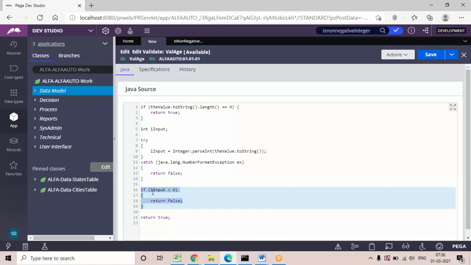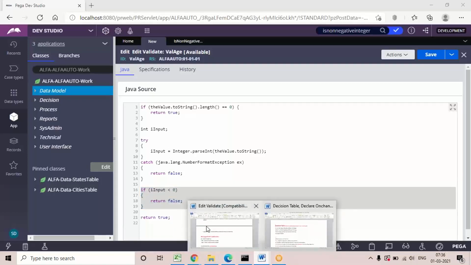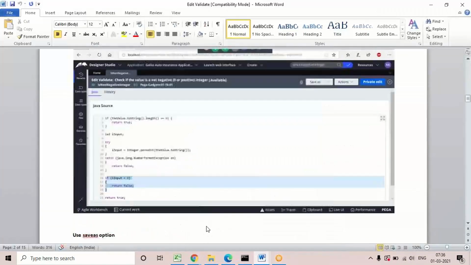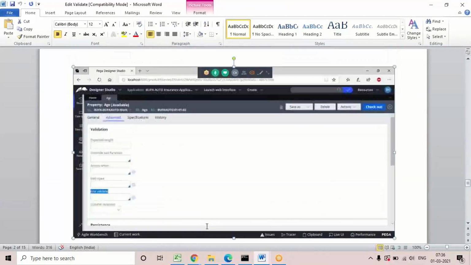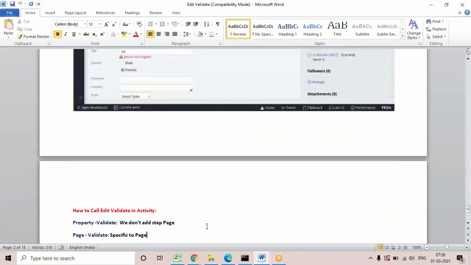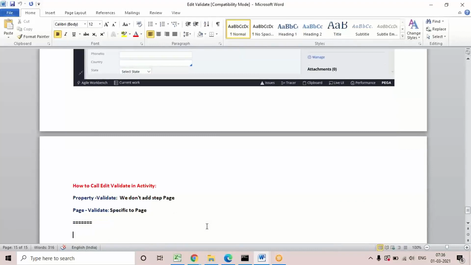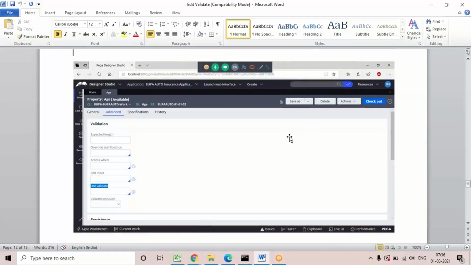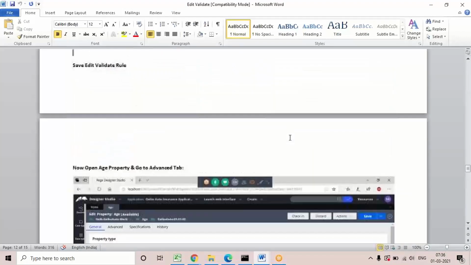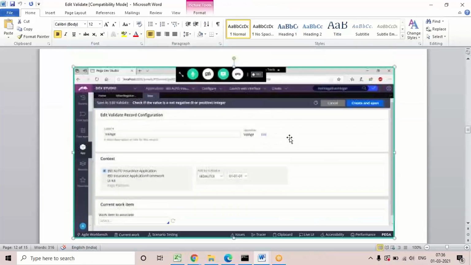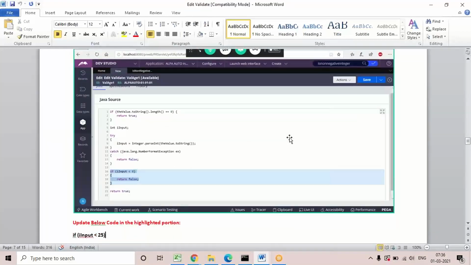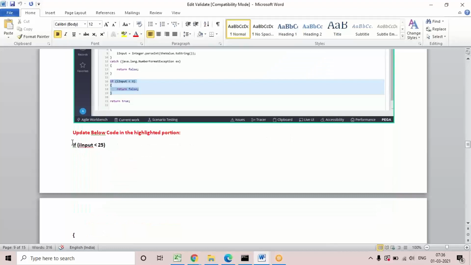So just replace this if condition with the code which I'm going to show you. Open the rule and in the search box type that particular rule, and I'm going to copy this code I have given in the document, guys. You can just copy that code. The format will be like this, and this code is case sensitive, so give it in the same format.